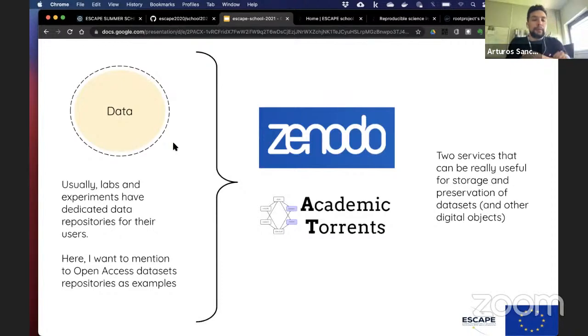So with respect to the data, again, usually the labs and experiments have a dedicated data repository for the user. It's normal also, as I mentioned before, that